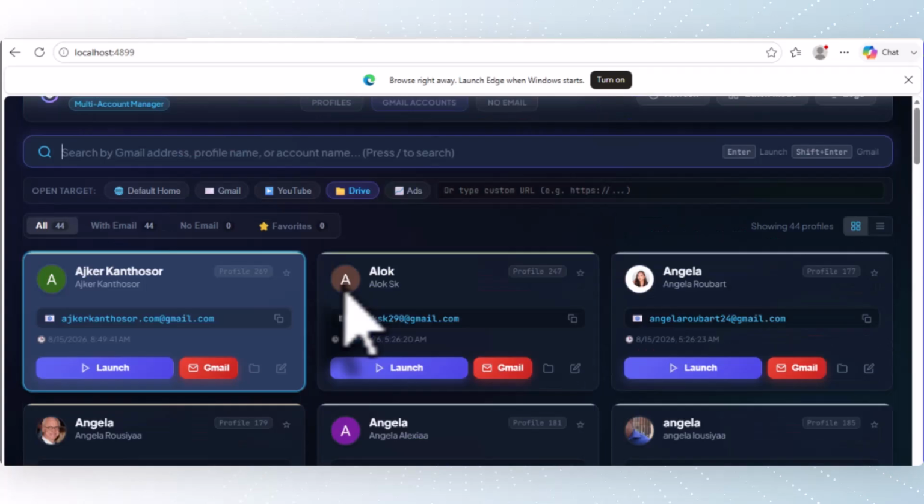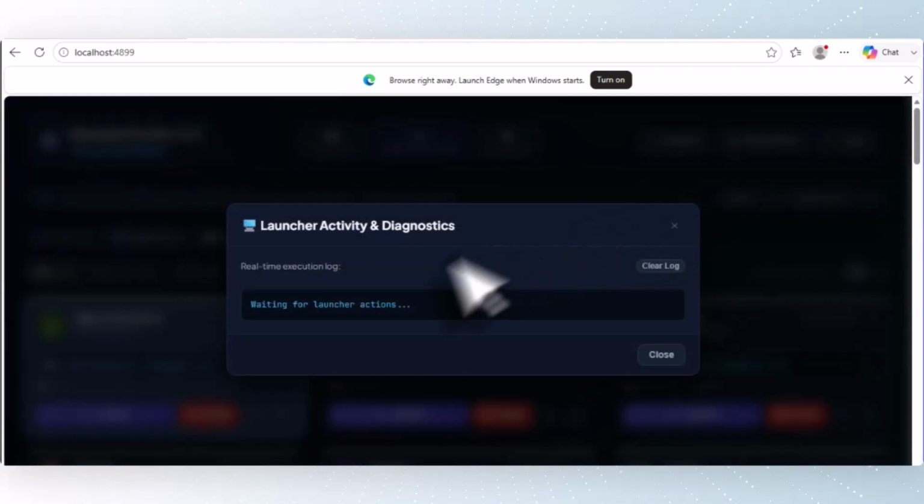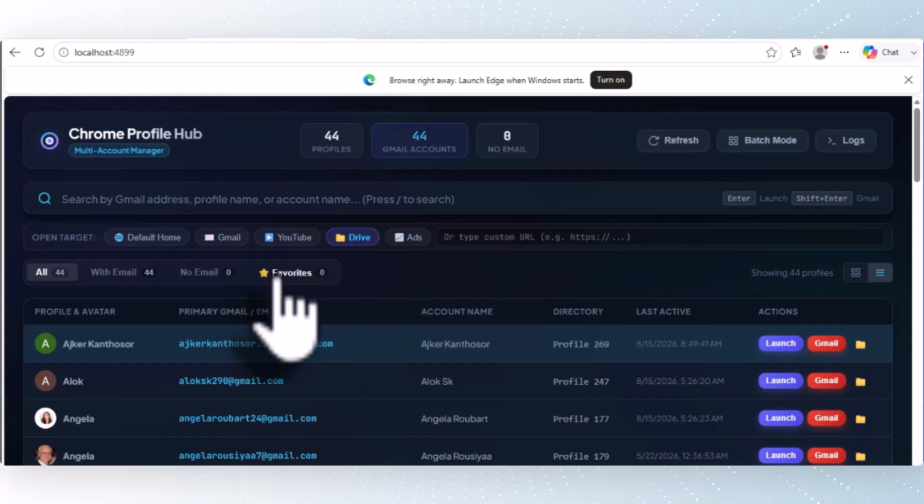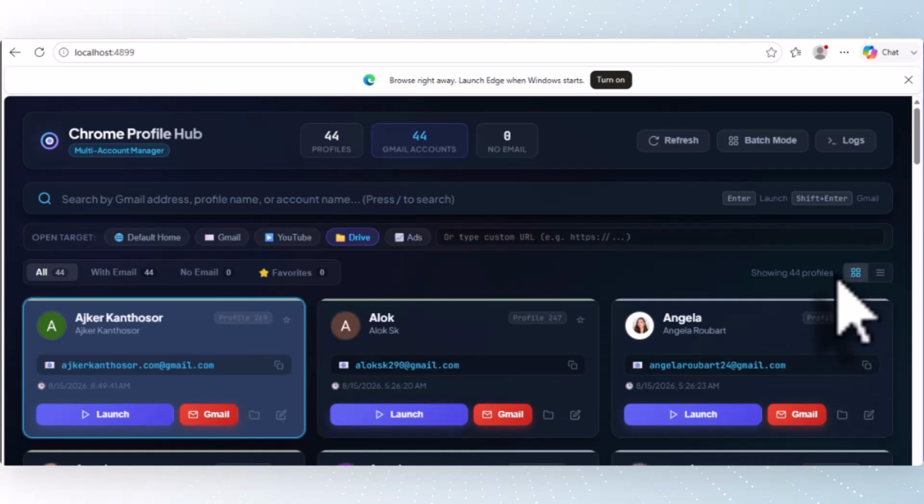So best of luck. You can check the log also. If there is any issue, it shows any action. Dark mode also you can put. Also you can change the look. Also you can favorite, put no email, with email 44, all 100, and you can change the look also. So best of